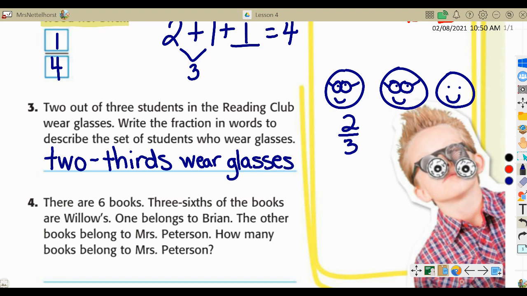Okay. All right. So does that make sense? Yes, because I have 3 students. 2 are wearing glasses. 2 out of 3 are wearing glasses. Okay. So